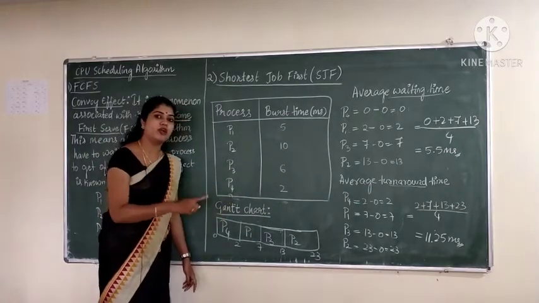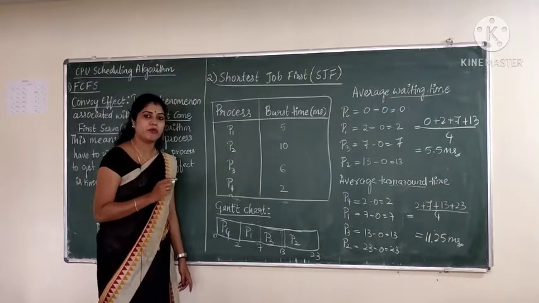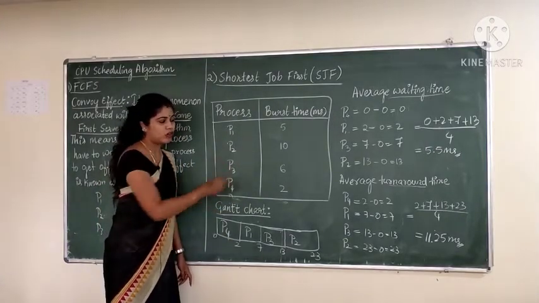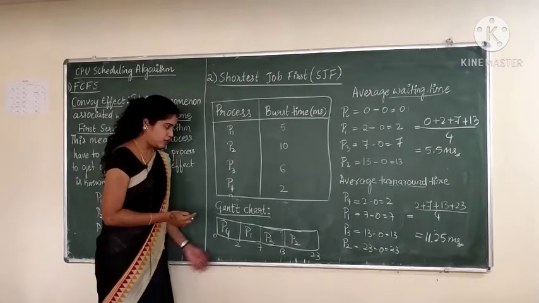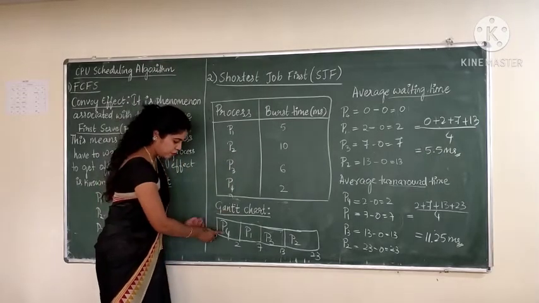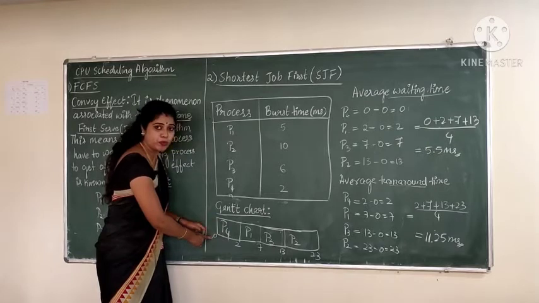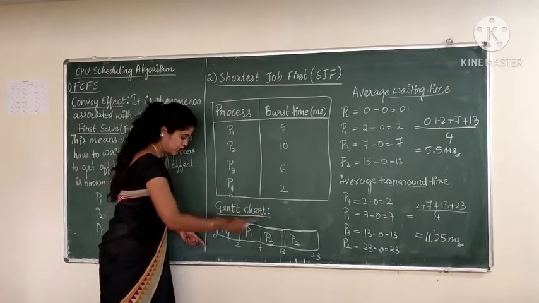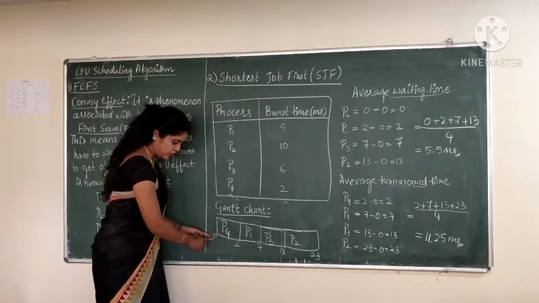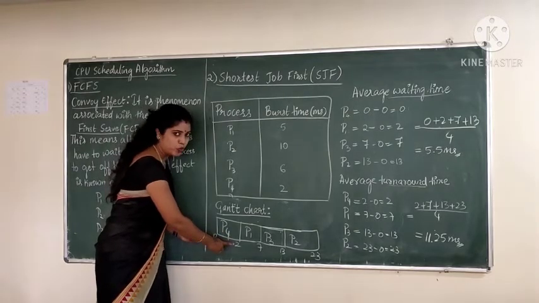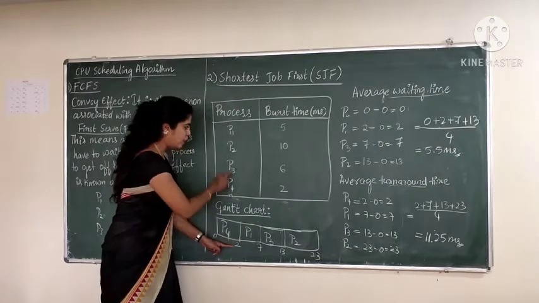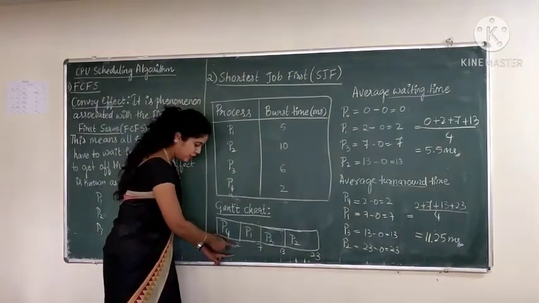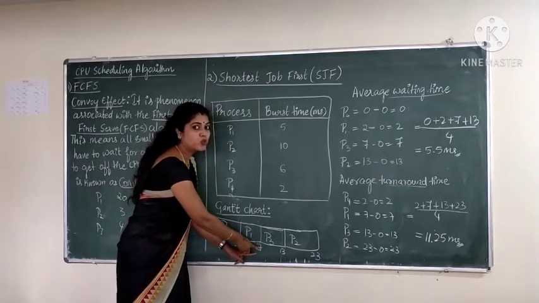Now let us go with the Gantt chart. It is already told how to write a Gantt chart. It is very important, because once the Gantt chart is written properly, then all the calculations will be correct. Now here, P4 starts at 0. Why P4? Again, it is shortest job first, where you have 2 milliseconds. P4 starts at 0 and ends at 2. After that you have P1 with 5 milliseconds, and for P1, 2 plus 5, you will get